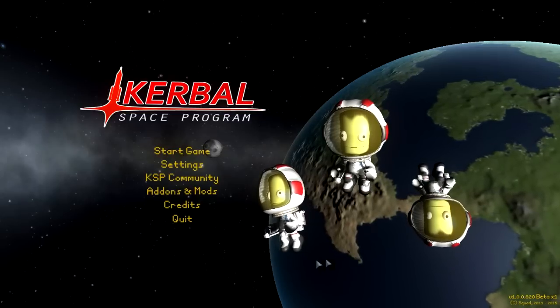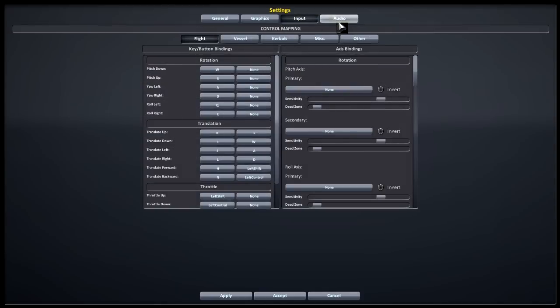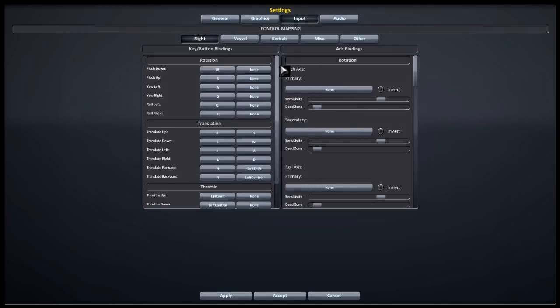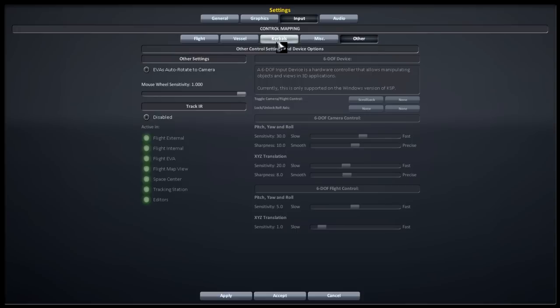We're going to start out as we always do on the settings menu, at least always do when something has changed. So we have displaying Earth time, displaying Kerbal time, same as before. We have our graphics, we have our input, and we have our audio, always as before. However, there's a new little thing here in the area where we have flight, vessel, Kerbals, miscellaneous, and other,